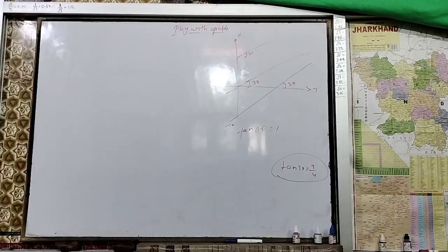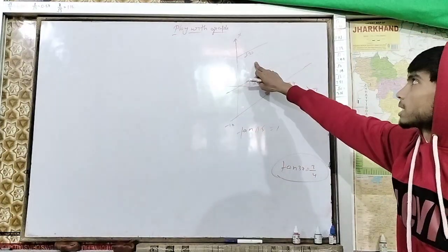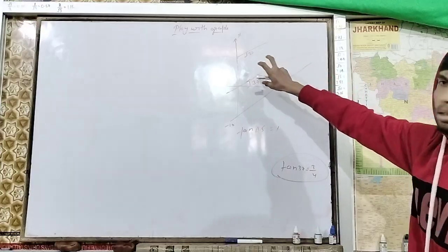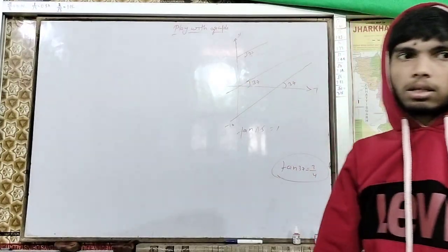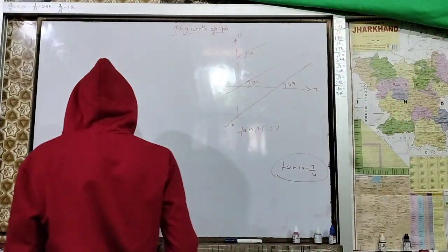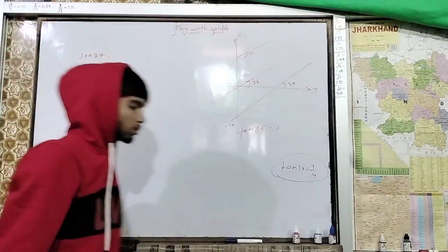There are three angles which are making with this straight line. Look at over here. Let's start with this angle. Here you can see this angle is in the first quadrant. It doesn't matter. The angle is how much? 37 degrees. So if you use tan 37, as you can see our